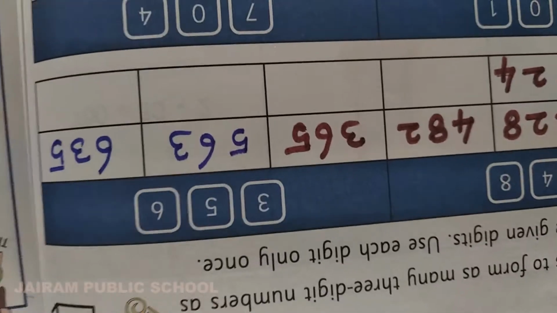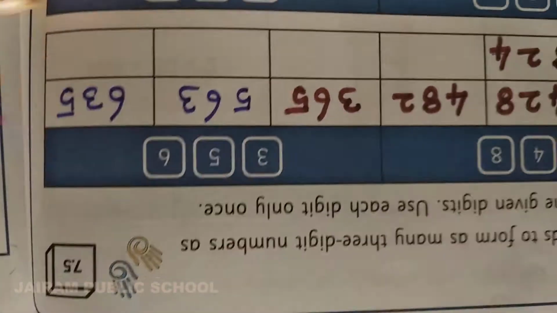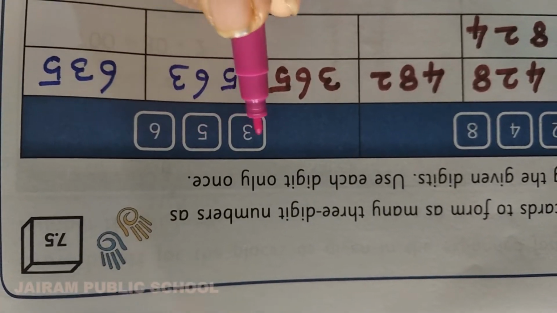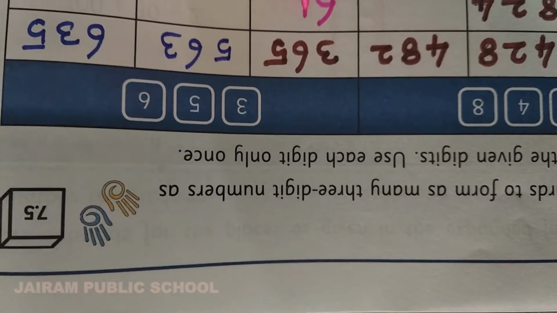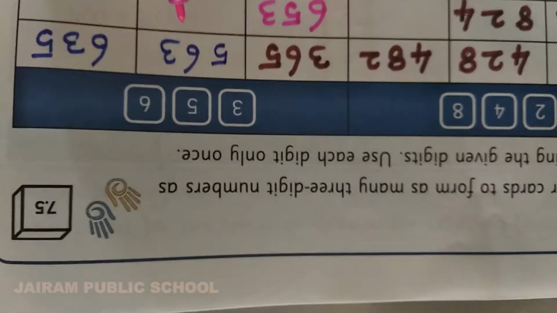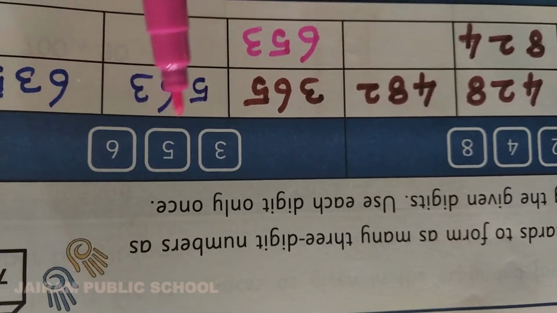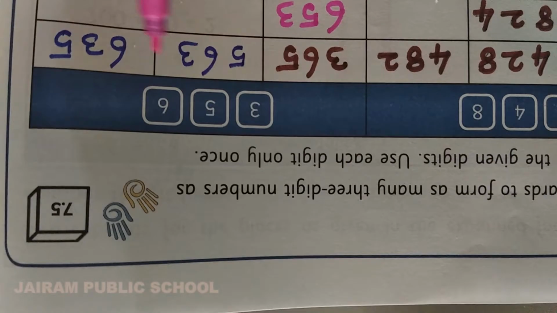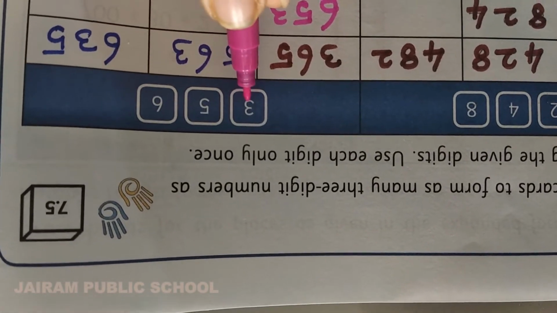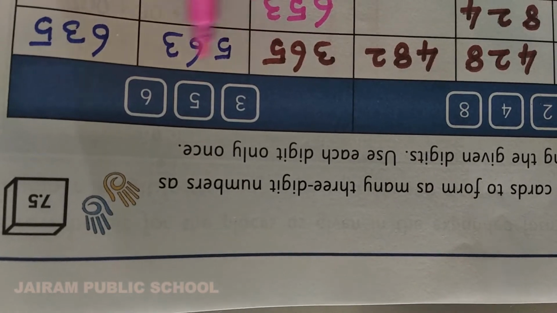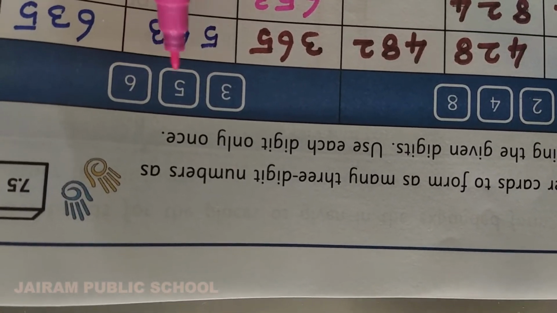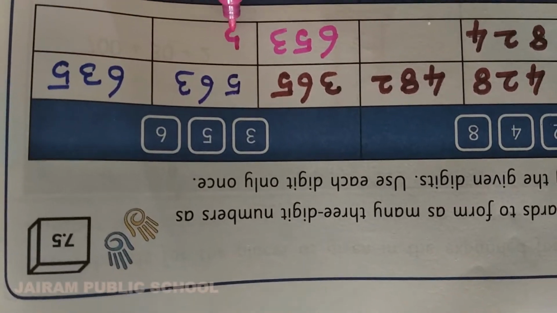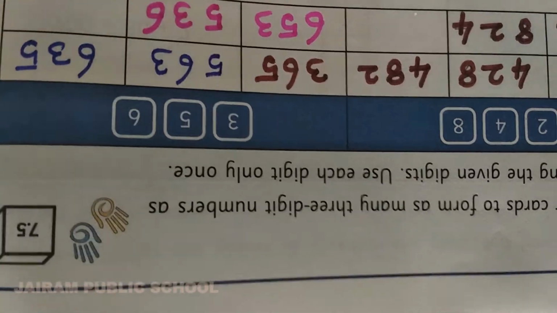And what is another one we can write? So 6, 3, 5 we have written, and then 6, 5, 3. Okay, so 6, 5, 3 you can write like that. Then any other number we can form, Kanna, using these three numbers? Yes, we can start with the number 3. See here, 3, 6, 5 we have completed. Okay, now 5, 6, 3 also we have written. 5, 3, 6 shall we write? Yes, very good. So 5, 3, 6.